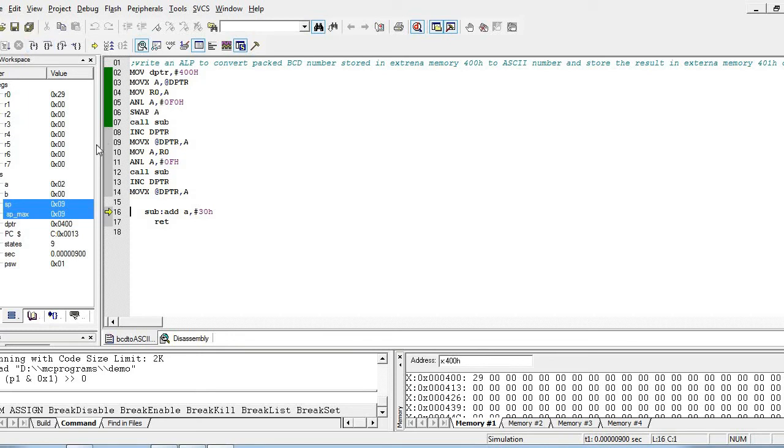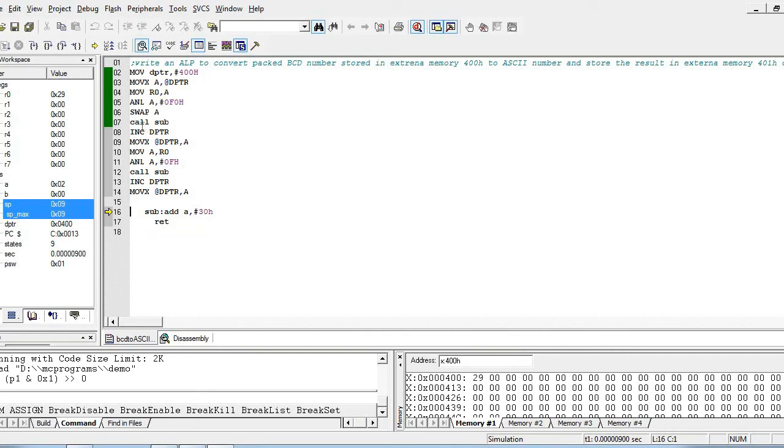Now you can see that when the subroutine is called, the program counter is loaded with the address of the 16th instruction, which is 0013.